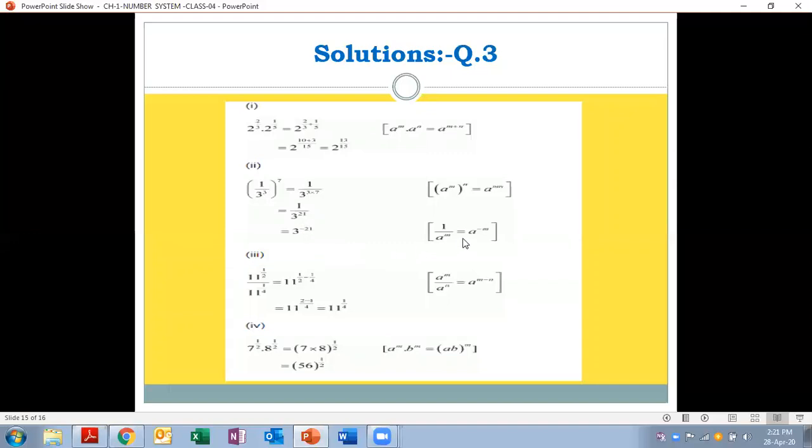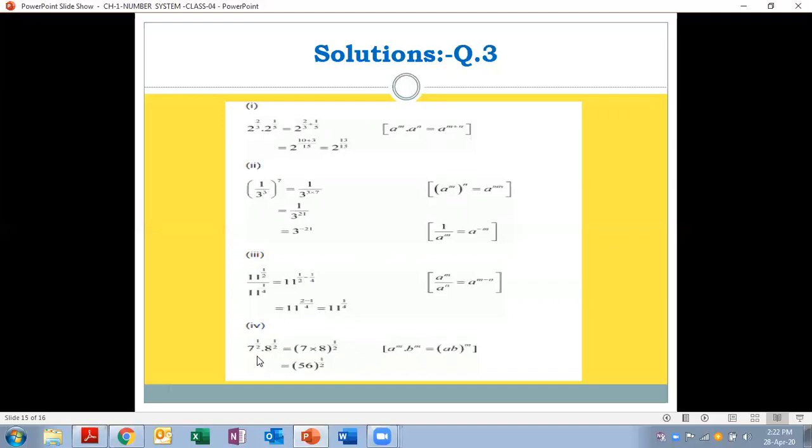So you can see here, whenever we have the power in the denominator, 1 upon a power of any real number, we write it as a to the power minus m. So this is the application of the identity in this part. Now in the next part, we have the solution here again. We have the powers in rational form, and we have done the subtraction because the bases are the same and the powers are subtracted. In division, power subtracted, 1 upon 2 minus 1 upon 4. We have got the answer 1 upon 4 here after subtraction. This is also fractional subtraction, you can say.